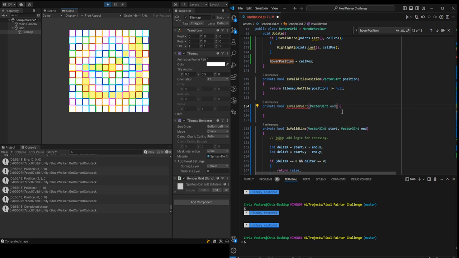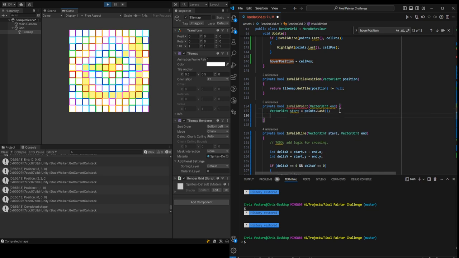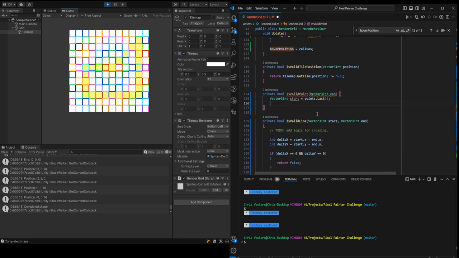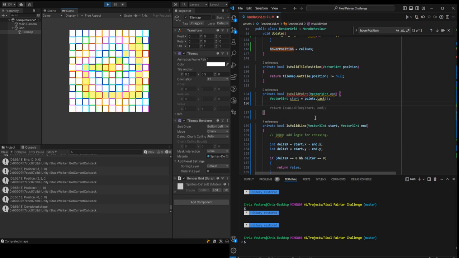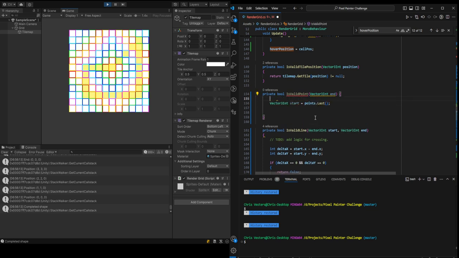And then I say here, final, not final, I say Vector3Int start equals points dot last. I should say if points dot contains